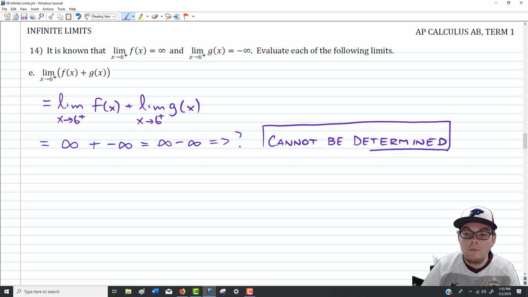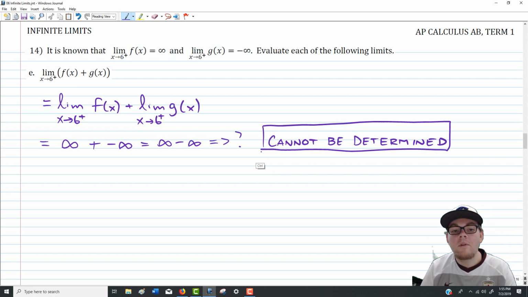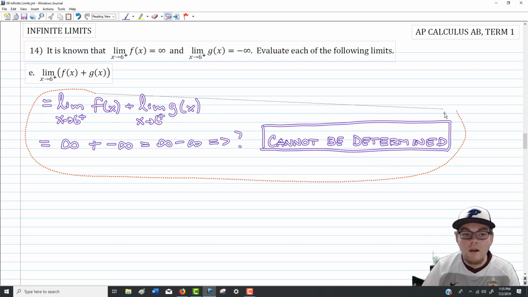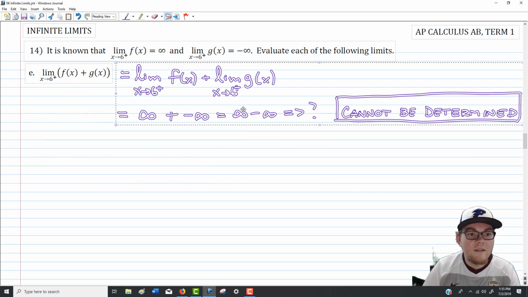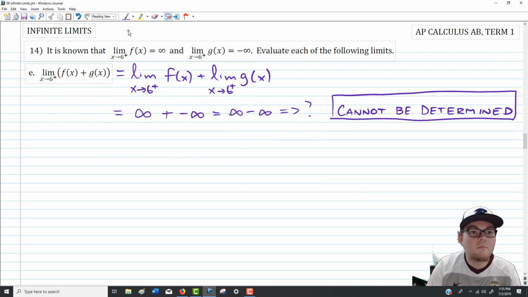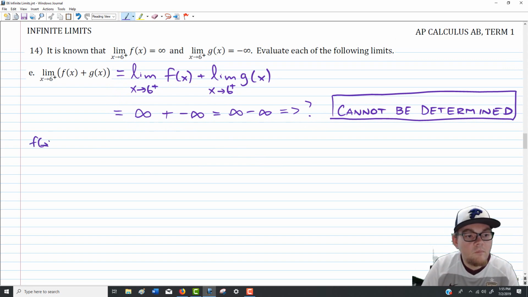And in the problem set solutions, the written ones, I gave a couple examples that illustrate this idea, but for the sake of being here, I wanted to illustrate the same thing for you. I wanted to talk about that. So why is it that we can't determine this particular piece? So let's pick a couple functions that meet this expectation. So first I'm going to choose f of x is 1 over x minus 6. Let me make sure that this does go,